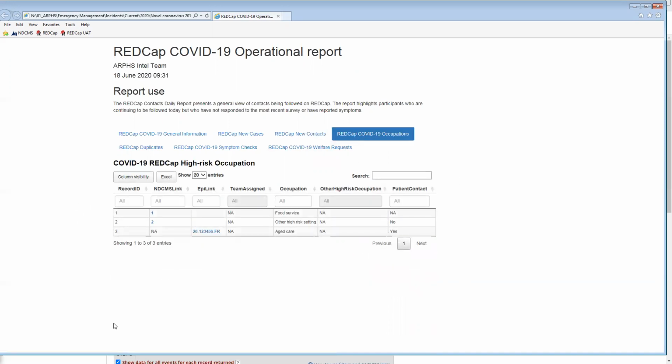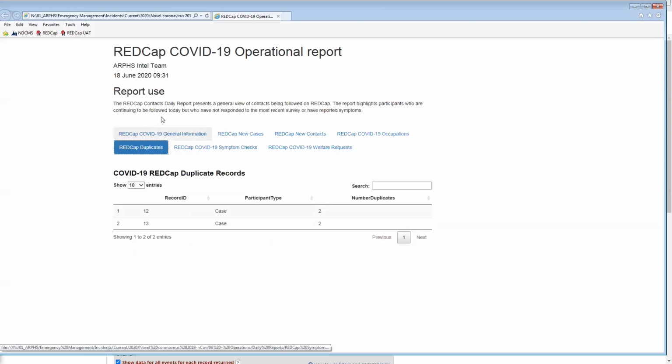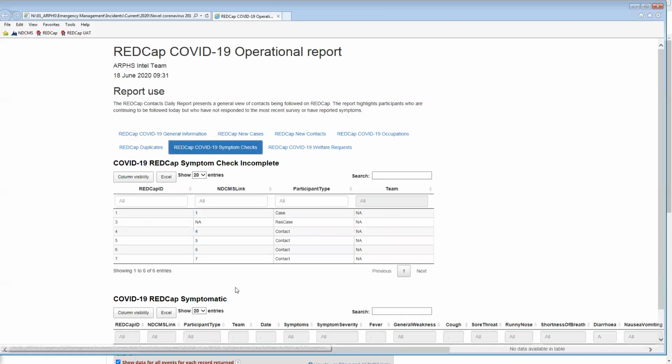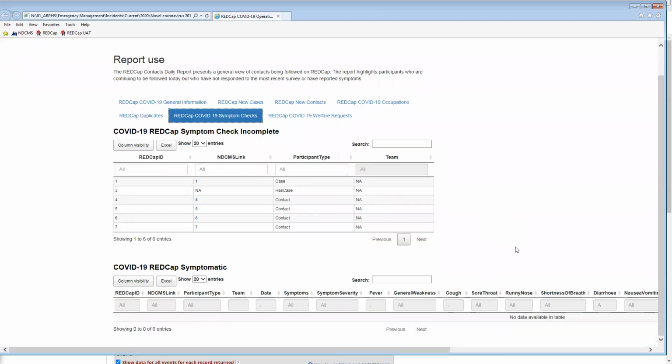This one was just created to tell us if we have any high risk people in here, but we can actually do that probably better in REDCap. So yeah, we can use that as you want to. It tells you if we've got any duplicates, which we shouldn't have. And then symptom checking. So here we would be able to see